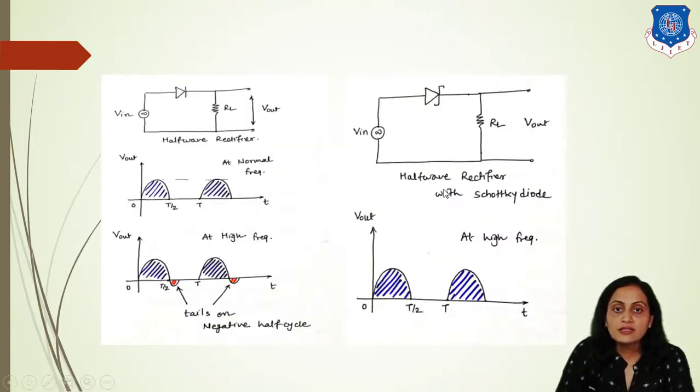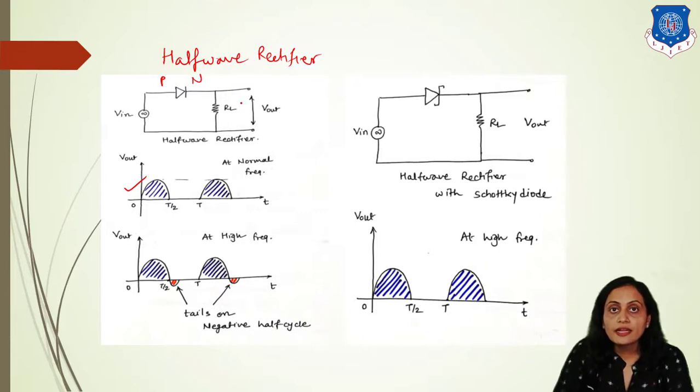You can see that with the example of this half wave rectifier. This is a half wave rectifier circuit diagram. We have used the normal PN junction diode over here. The input, a sinusoidal signal, is applied, and the output we are getting is the half wave rectified output, because in the positive half cycle we get the output, but during the negative half cycle the output becomes zero, as this PN junction diode is in reverse bias.